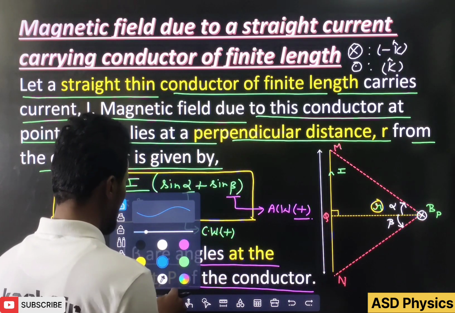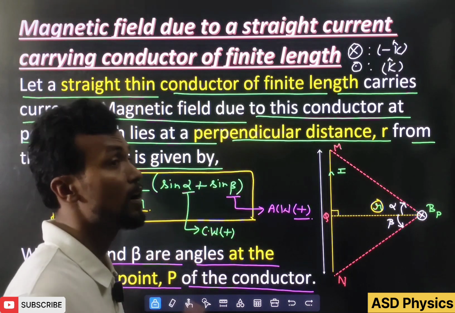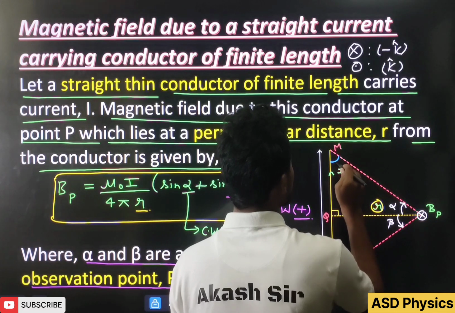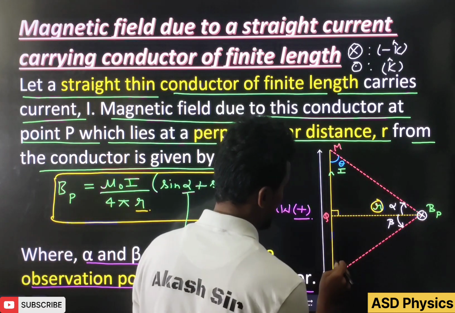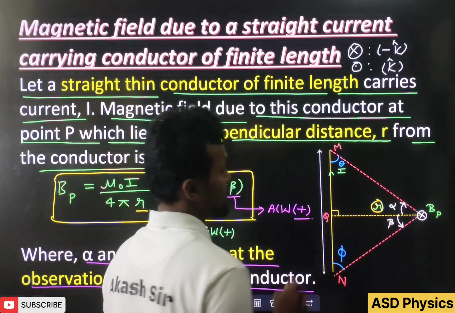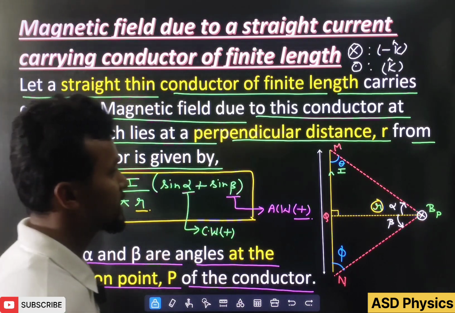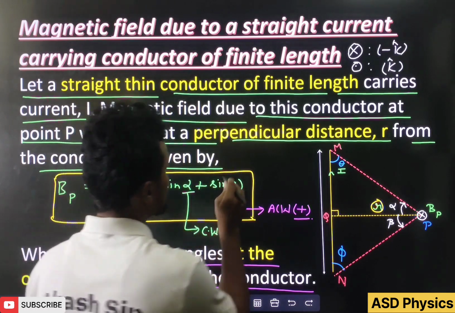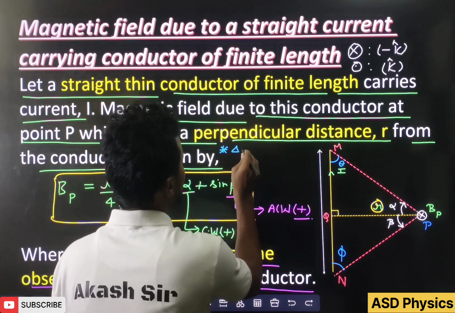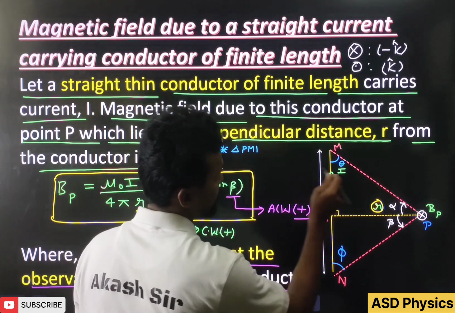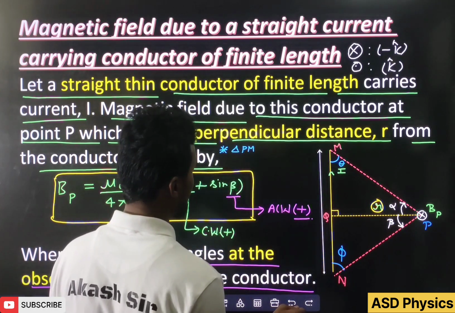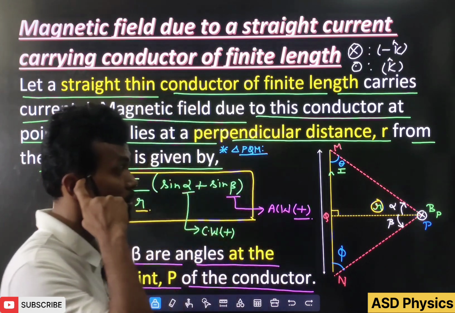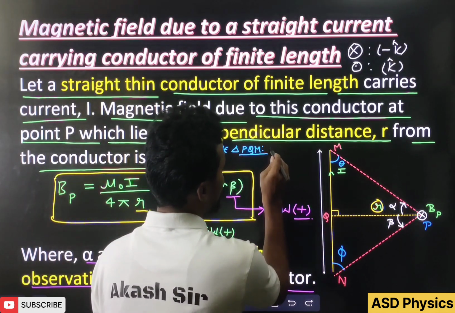Now students, after that, if we make one more formula from this formula, it is also helpful to solve the questions. Remember that here, if I take this angle, for example, theta, and here I take this angle phi, and P is the observation point. Now if I take the triangle PQM, which triangle am I taking here, students, PQM. So in triangle PQM, what will happen? You know this is 90,